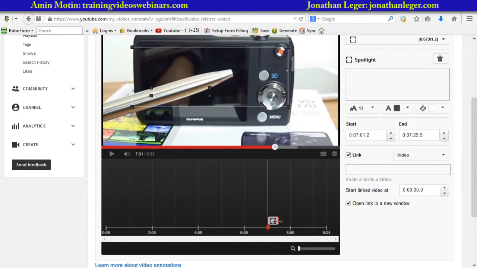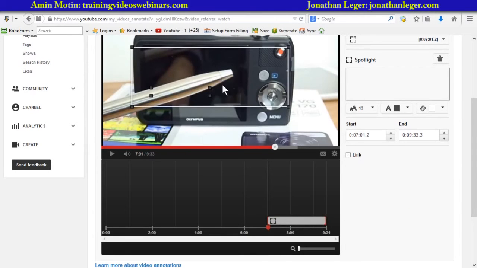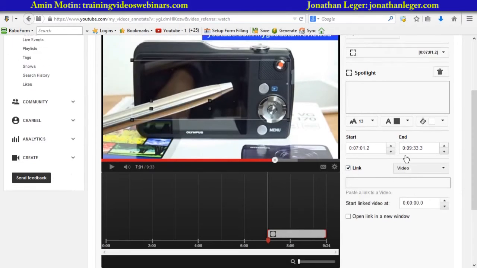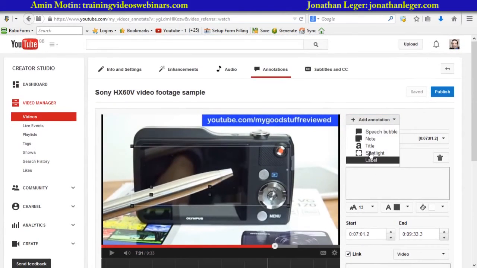And here is where we get to specify how long that will stay on screen. So you see these little sliders? It's the same thing. You can see we've got a double-headed arrow, so you can just make it last the rest of the video. And if they click on that, it'll take them to where you've specified. So the annotations here, you can put speech bubbles, notes. So even if you've put some